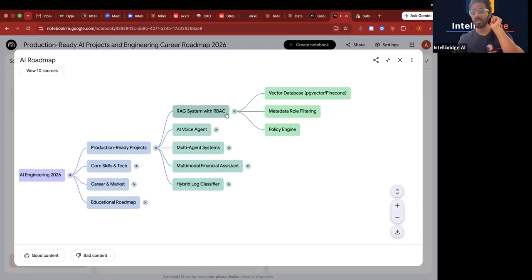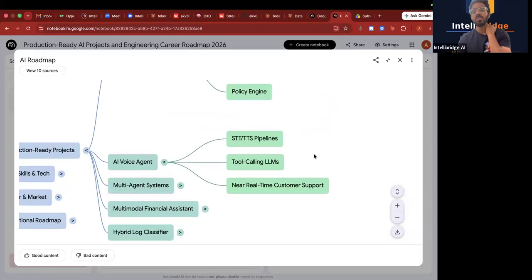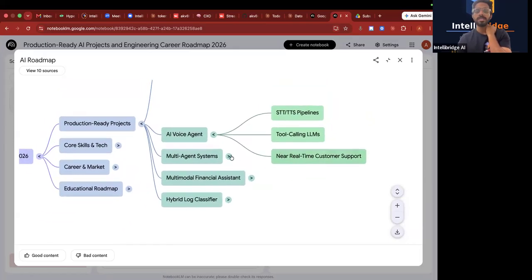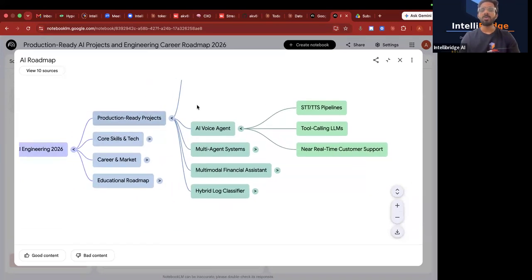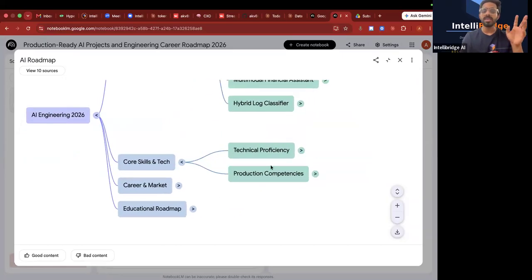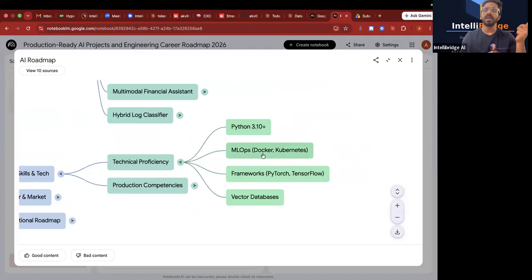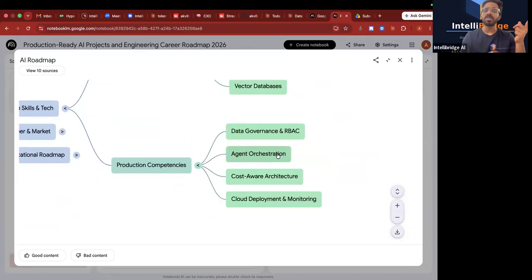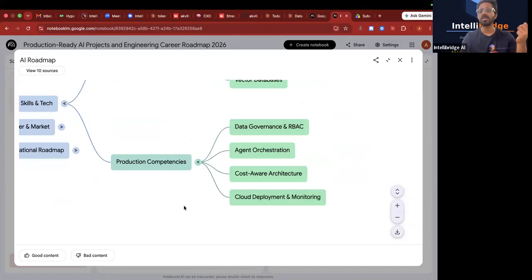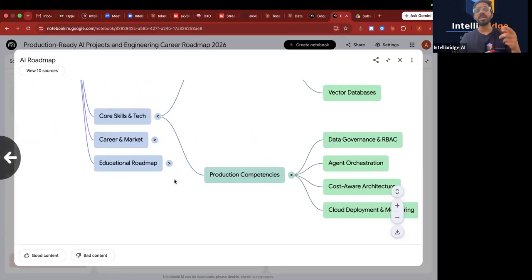RAG system we discussed in the last session. If you remember, in our free session, we discussed RAG also. See, in RAG, what should you study? Vector database, metadata role filtering, policy engine. In AI you will be able to do all these. To become an AI engineer, these projects you should make, right? You should be hands-on. You should build something. So these are the projects that you can go for. Then in core tech skills, you have technical proficiency: Python, MLOps framework, vector databases. Production competencies: data governance, agent orchestration, cost awareness architecture, cloud deployment, monitoring. So it will give you